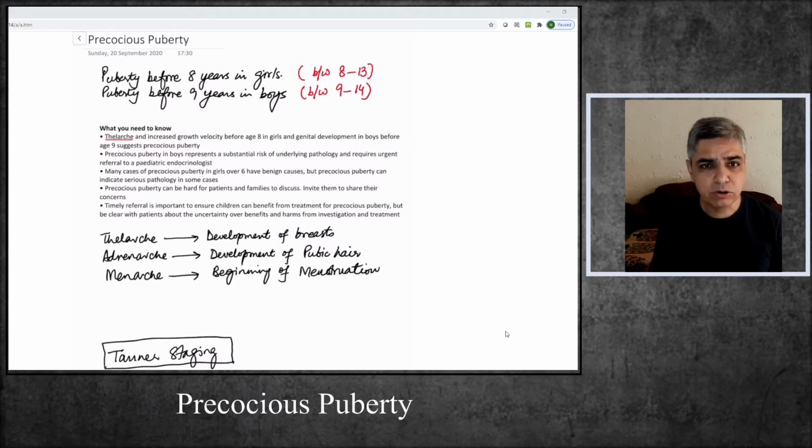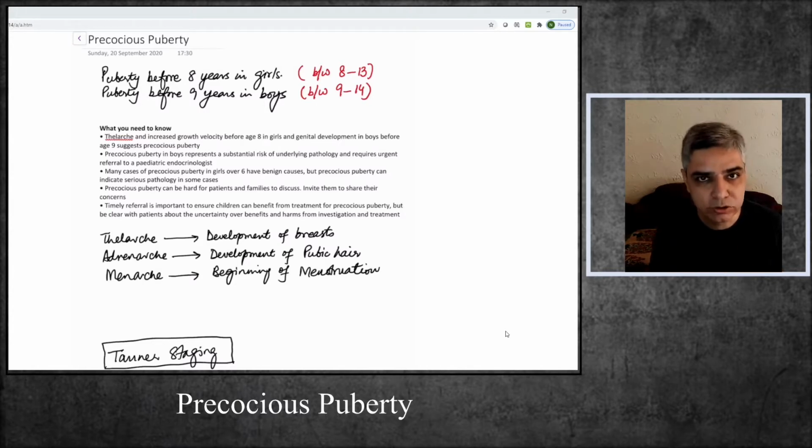Precocious puberty means a development of puberty before 8 years in girls and before 9 years in boys. This is a very simple, uniform definition, used almost in all the textbooks of pediatrics, so keep it in mind. Now you should also know what puberty is. Puberty is the development of secondary sexual characteristics in males as well as in females. And if these secondary sexual characteristics, along with physical growth, are manifested in a girl before the age of 8 years or in a boy before the age of 9 years,